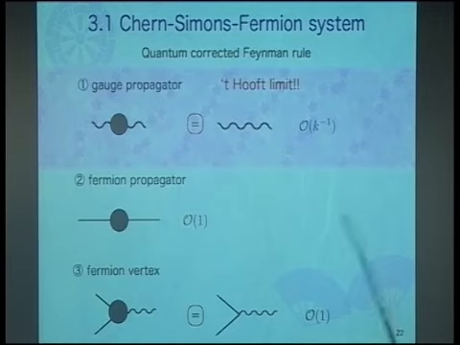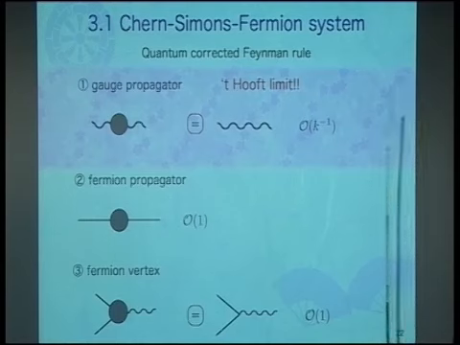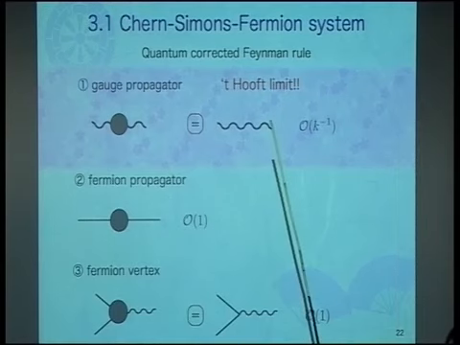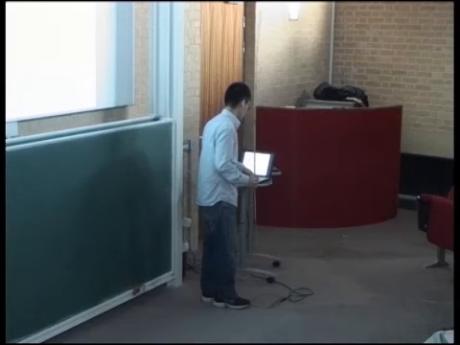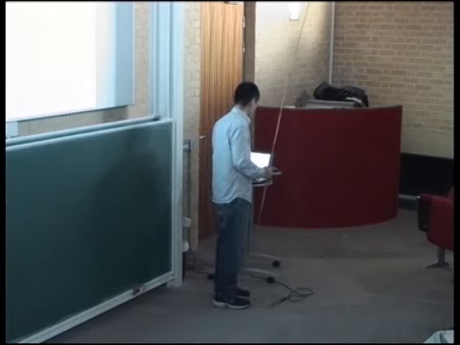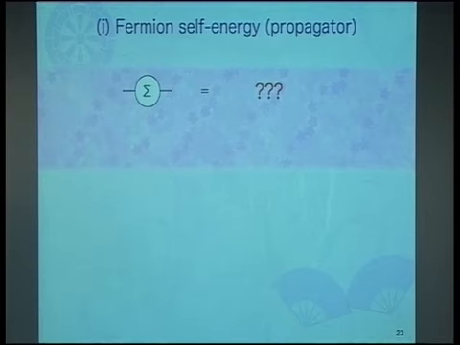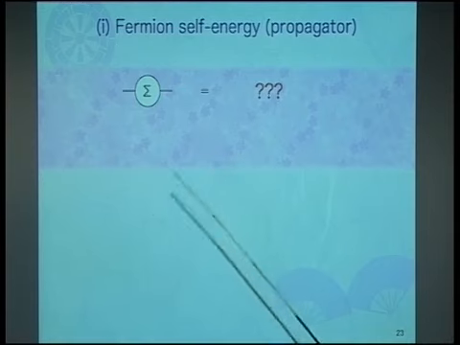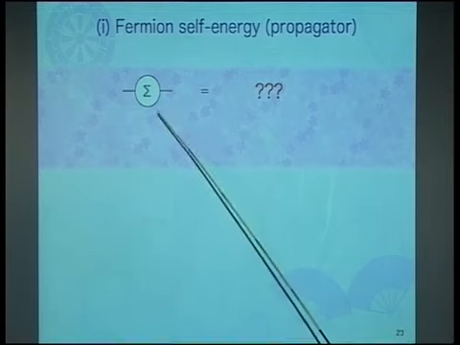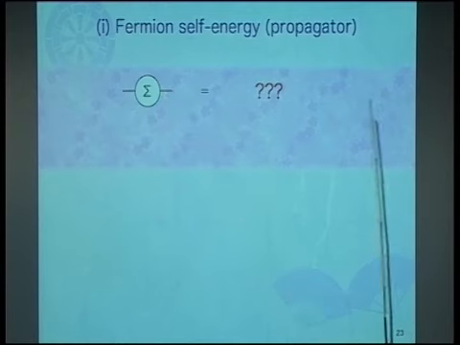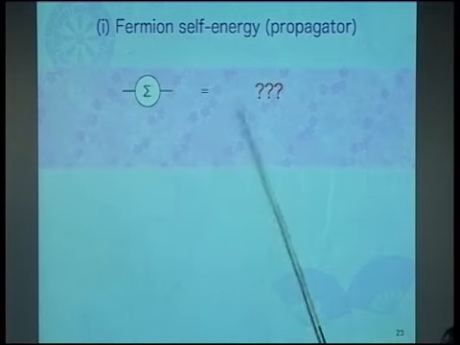And we want to solve this Feynman propagator in the large N limit, which means N and k go to infinity with the combination fixed. And to solve the fermion propagator, we want to solve this 1PI self-energy diagram. Can you guess this 1PI diagram? How can you write